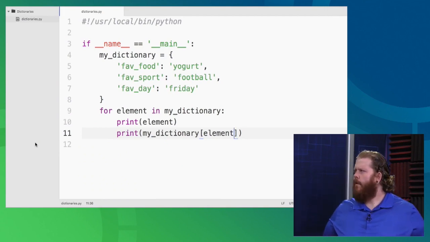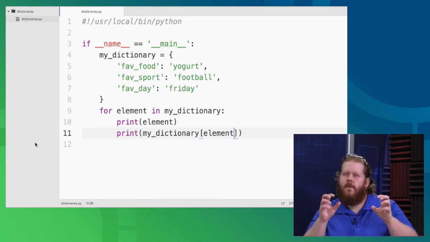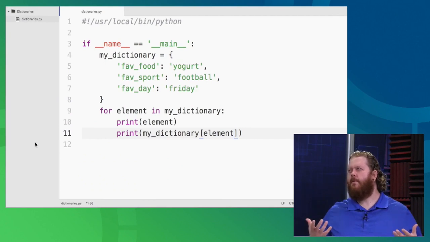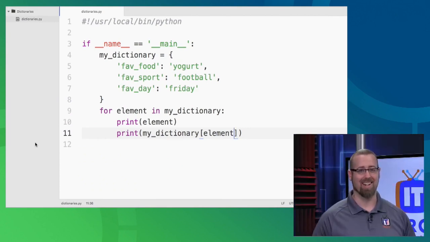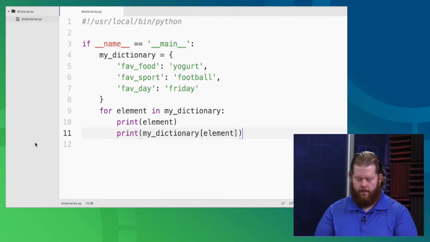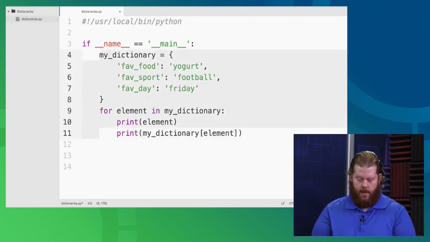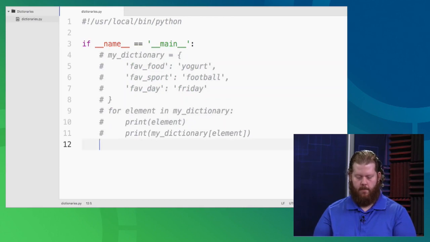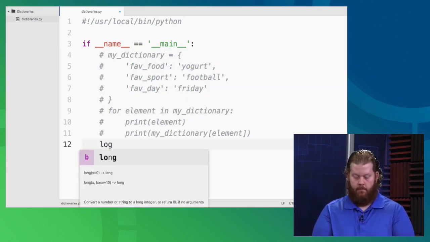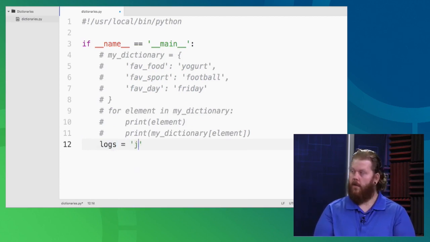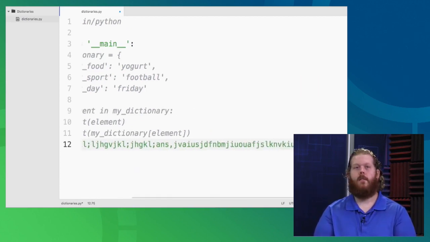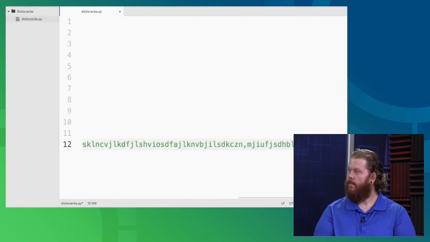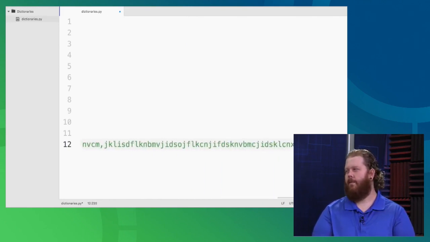But are you ready to do something that maybe you can see, if you squint your eyes a little bit, may be a little applicable? Let's do it. You ready? Okay. So here's what I'm going to do. I'm going to comment this out. We don't want all that printout. And I'm just going to create a variable called logs. And I'm just going to lean on the keyboard like so. It's a real scientific process, Daniel.